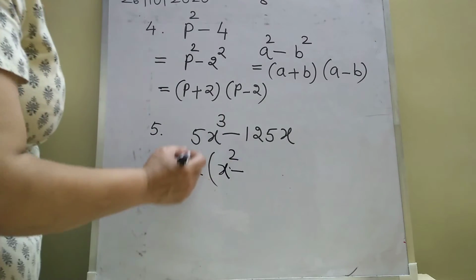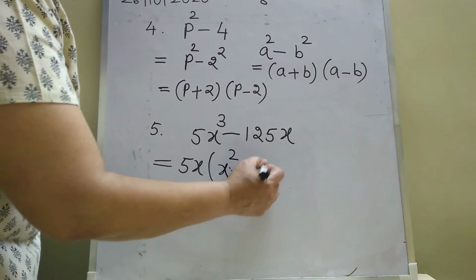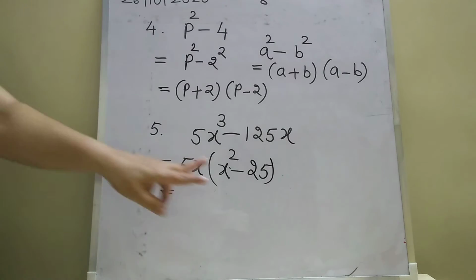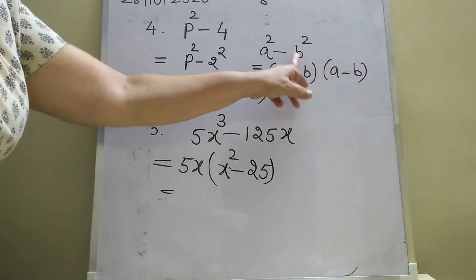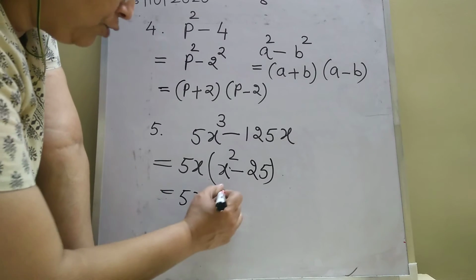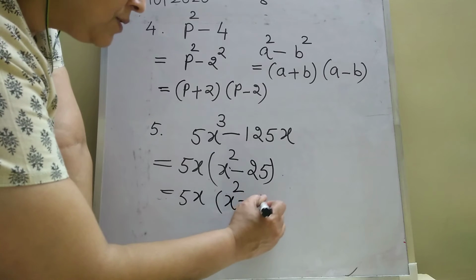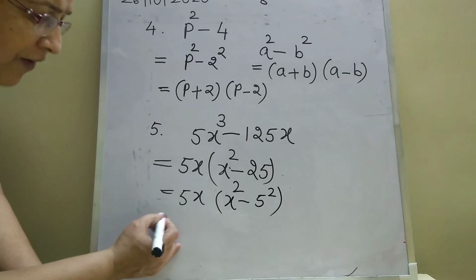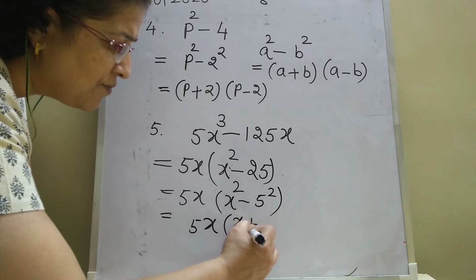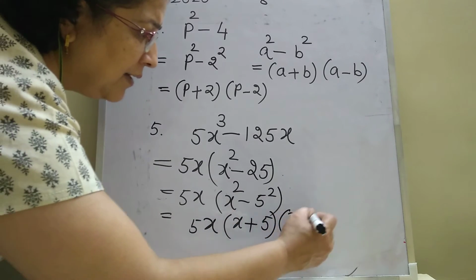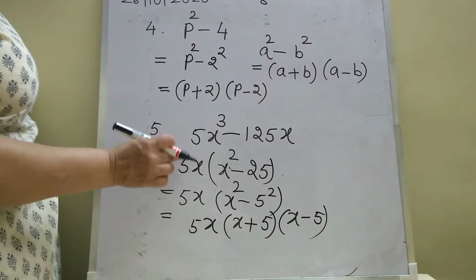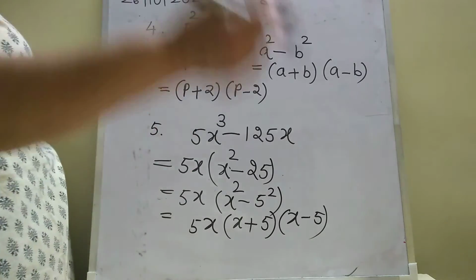Now minus 5 25s are 125. x is outside already, okay? Now, is this an identity over here? No. Again, I can convert it to the form a square minus b square. How I can write it as 5x into bracket x square minus 5 square. Okay. What is the further I am going to get now? So 5x into bracket (x plus 5) and (x minus 5). Okay. Means here it was a direct identity, but here the identity was not given, but we got that identity.